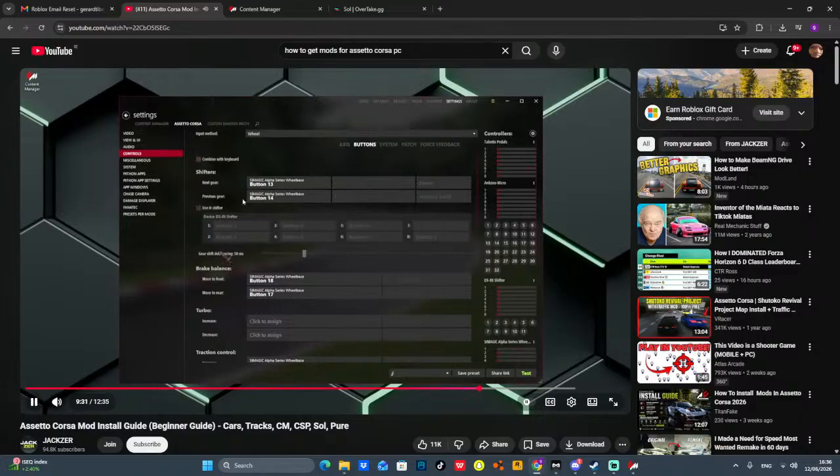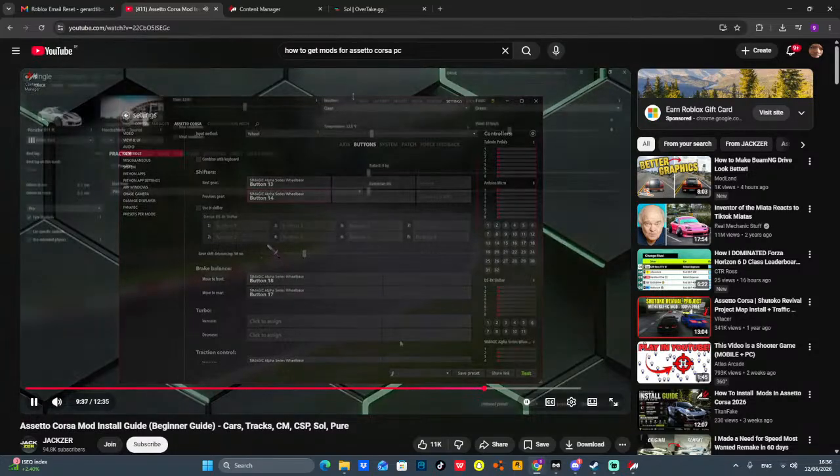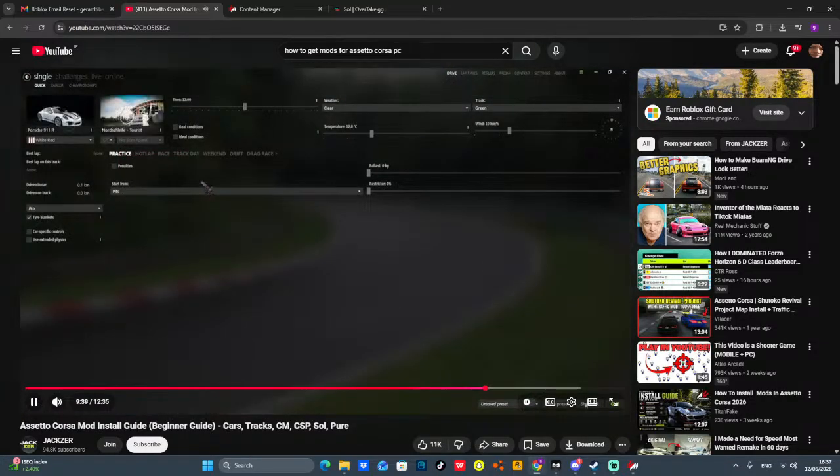So I'm going to remove the H shifter, shift up, shift down, and those are the basics we need for now. Now let's select a car and a track and hit